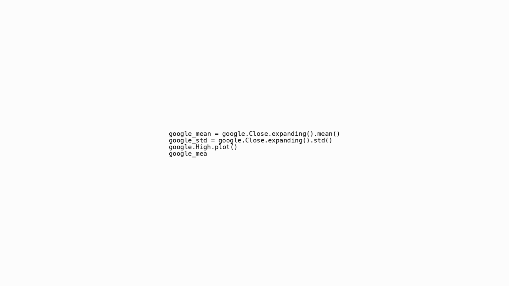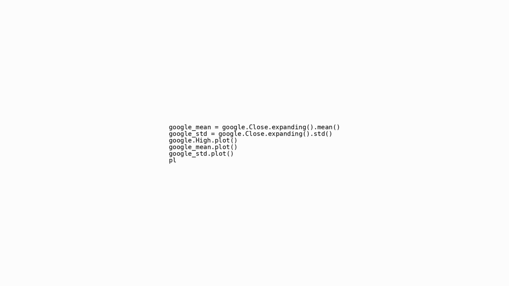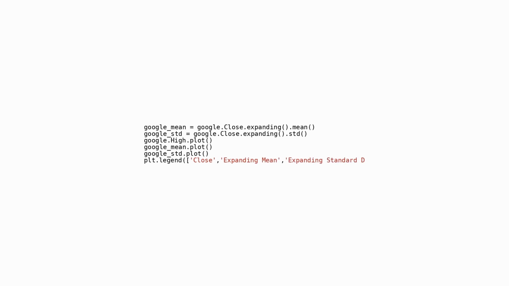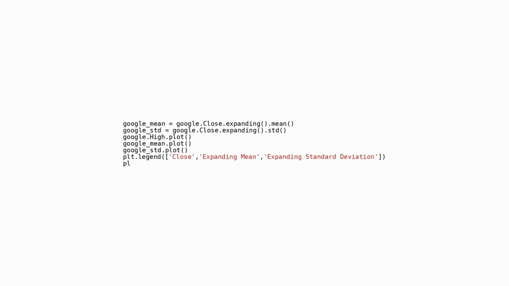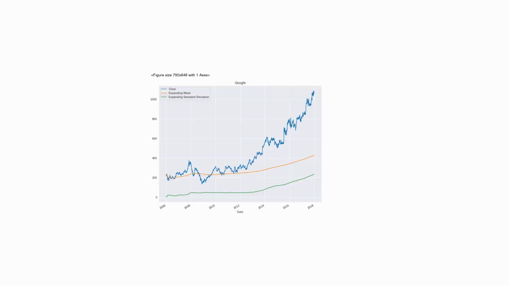Following the computation, the script creates a visual representation displaying 3 lines, one representing the closing prices of Google stock, another portraying the expanding mean, and the last one showing the expanding standard deviation. This display aids in comprehending how Google's stock closing prices relate to their expanding mean and standard deviation as time progresses. Employing this script is vital in financial analysis for spotting trends, patterns, and anomalies in stock prices. It facilitates informed decision-making regarding whether to buy, sell, or retain the stock by leveraging statistical metrics such as mean